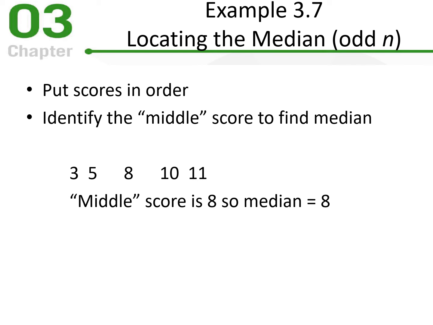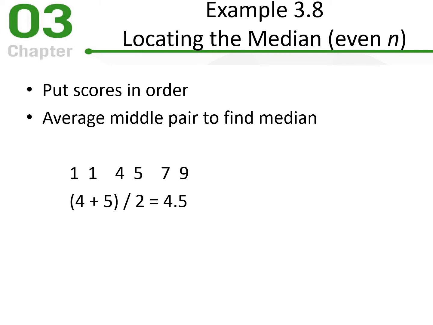When the scores are placed in the correct order, you have to arrange the scores from smallest to largest. That's where people screw up. They don't put the scores in order. You must put the scores in order first, and then it's the middle number if you have an odd number of items. If you have an even number of items, put the scores in order first, and then average the